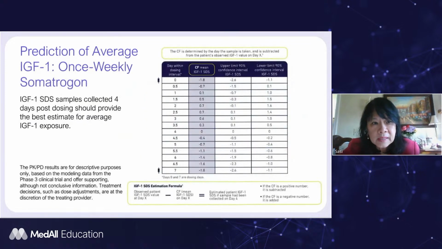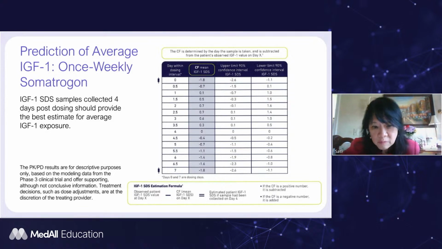And for somatrogon, this one also has a correction factor that you subtract from the observed IGF-1 level. So you can see that if you have lab done on day 4.5 or day 5, down to day 7, then the number is negative. And so when you subtract a negative number, it's added to